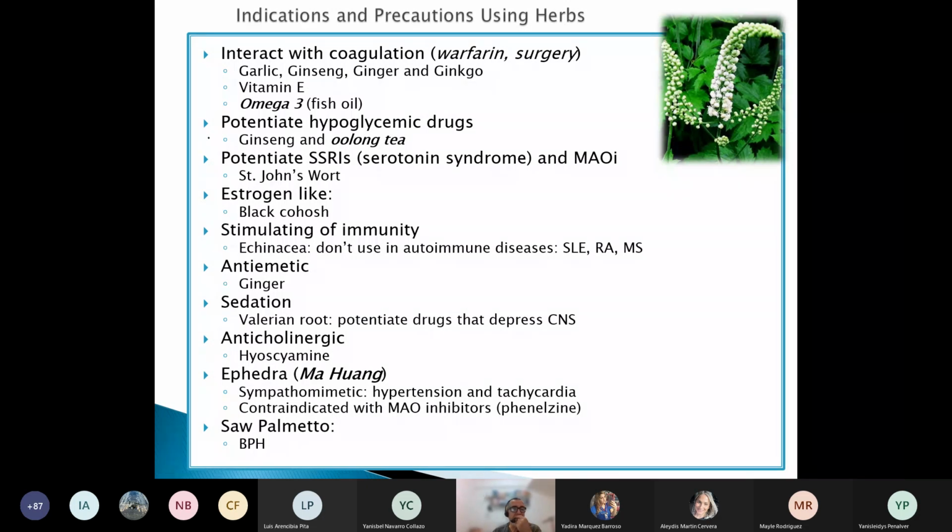So what is the issue? Is it bad to take fish oil omega-3? No. Vitamin E? No. Garlic or ginger? No. Yuca con mojo? No. The issue is that if you are taking an anticoagulant, a potent blood thinner prescribed by the doctor, and